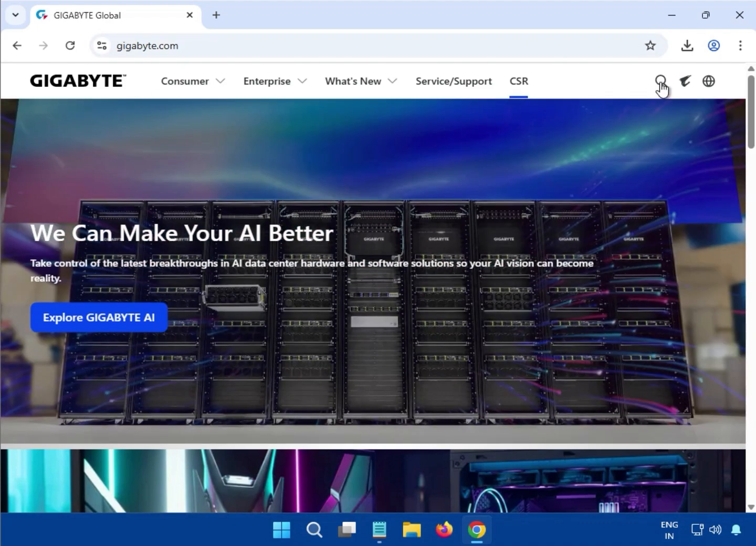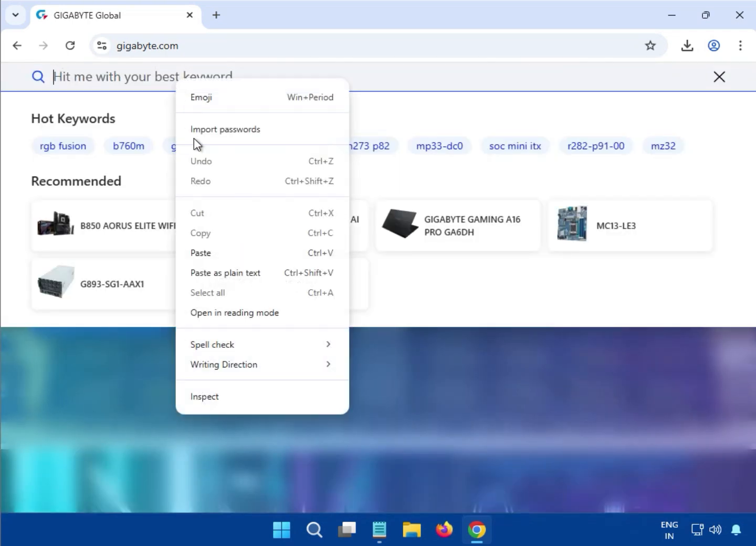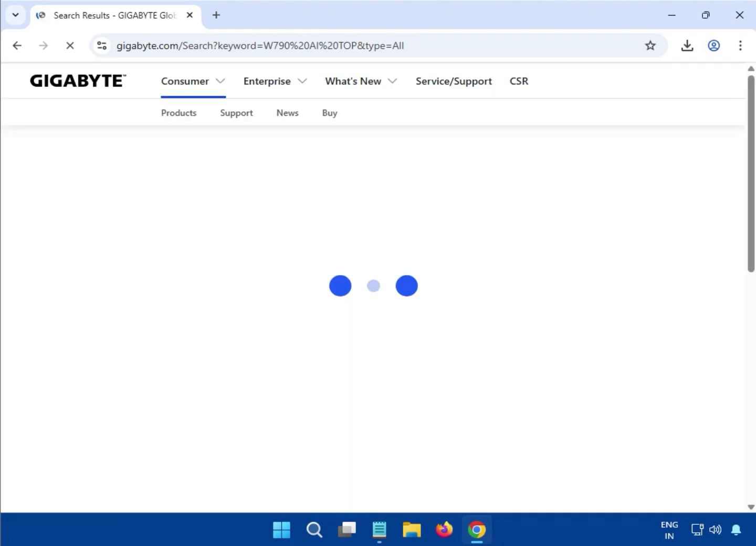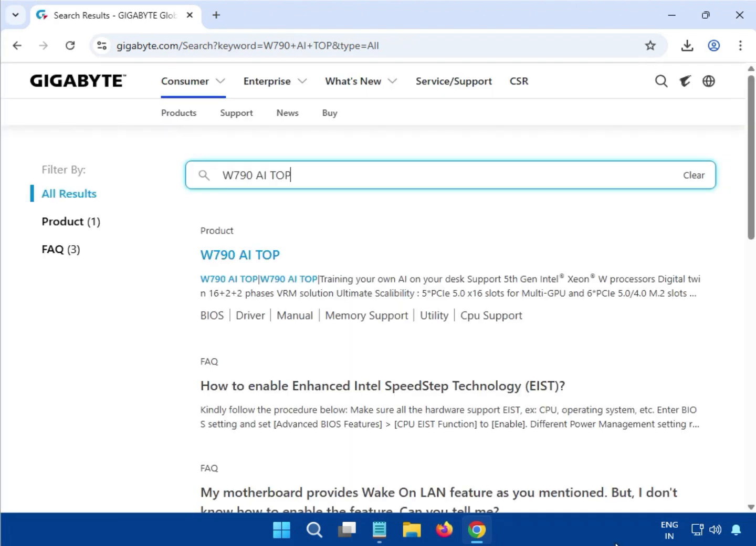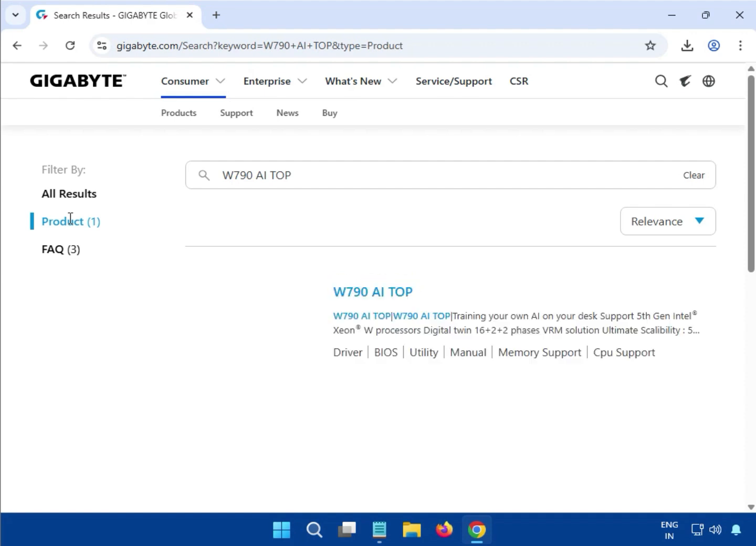So you can see on the right hand side, this is the search button, and then enter your required model number. Okay, W790 AI Top, and then hit enter. Then guys, click on the product, click on the title of the motherboard name,